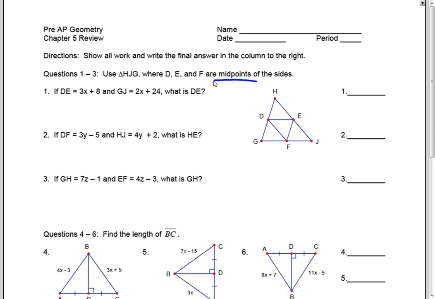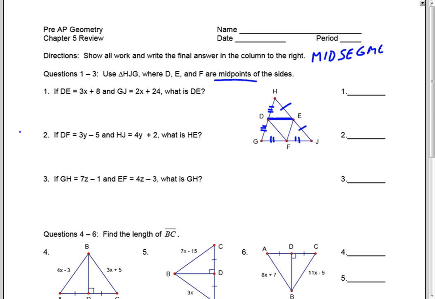D, E, and F are midpoints of the sides. If midpoint is mentioned, something is getting cut in half. Let's put some tick marks on here. When you have this type of diagram, each of these segments that connects the midpoints